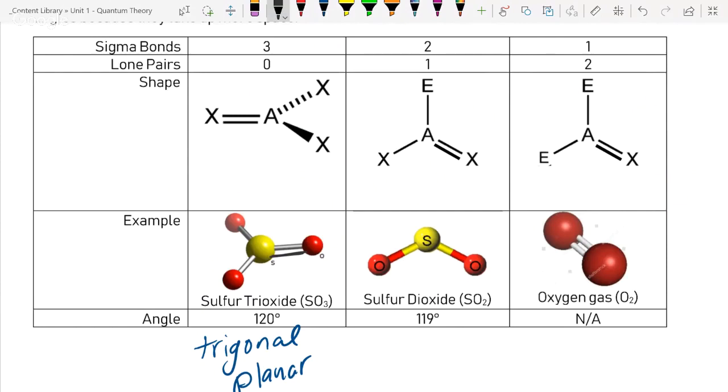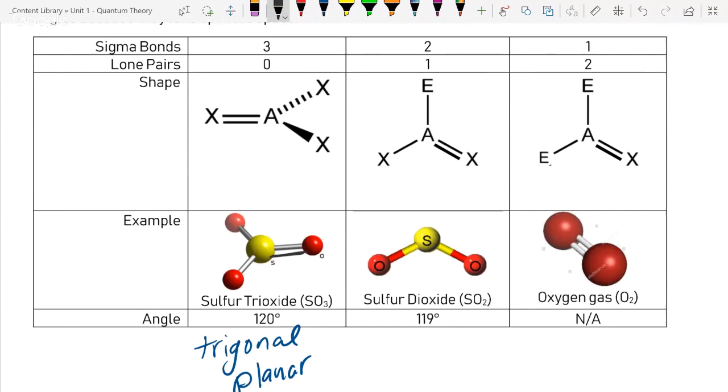I think it's a lighting effect, but maybe. Anyway, I'm going to draw the double bond in. Oh wait, no, never mind. Oxygen gas does the double bond. So there we are. So that is trigonal planar, and that angle, 120 degrees, because in sp2, 120 degrees is the biggest distance between